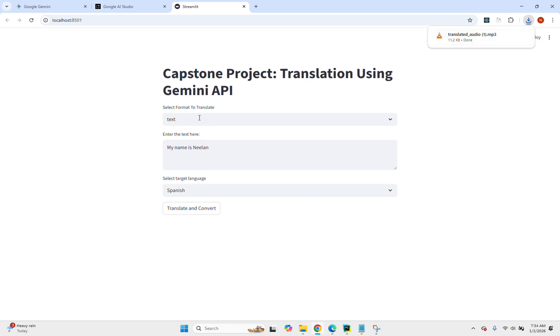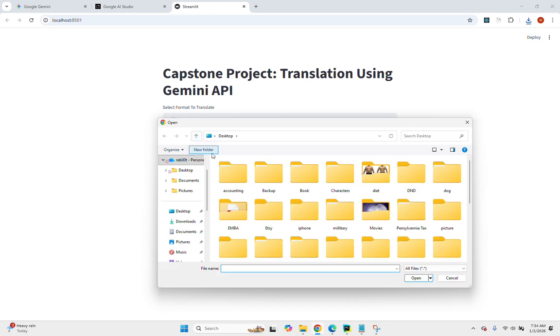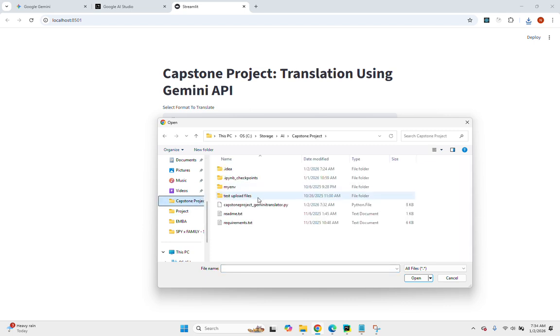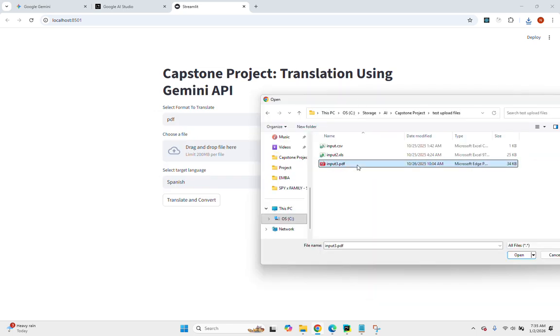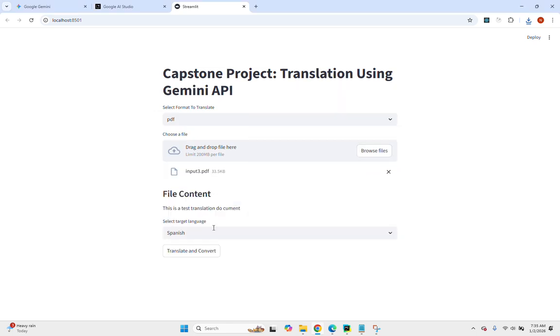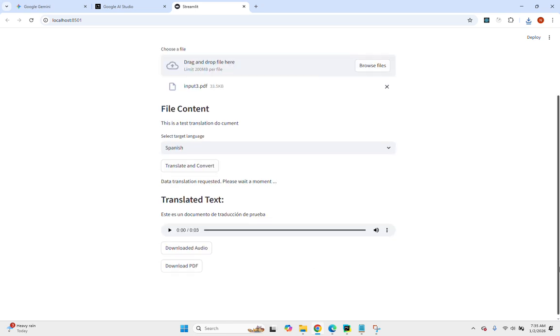you could play it. Alright, so now I'll give you a demo of the PDF. We'll browse files. So I will look for my project folder and test upload files, and this is a PDF I want to translate, and we're going to translate it to Spanish. And as you can see, it has the actual text here. You could download the translated PDF as well, and you can play